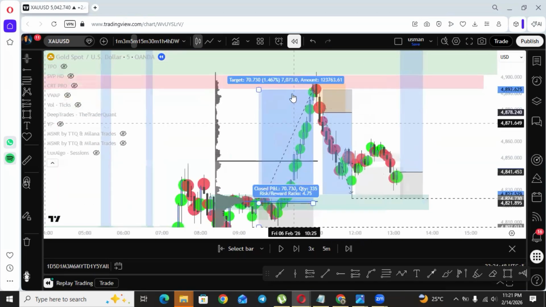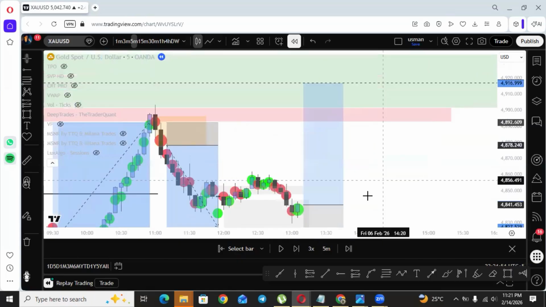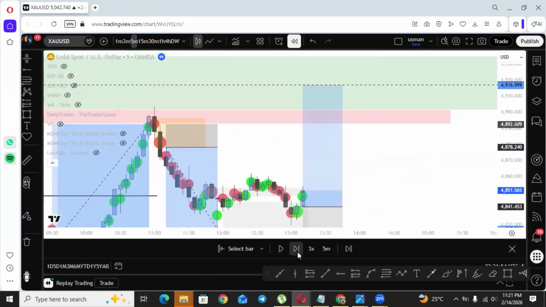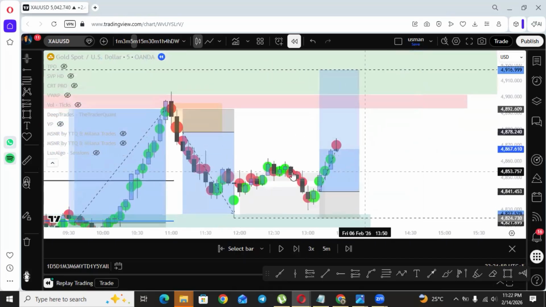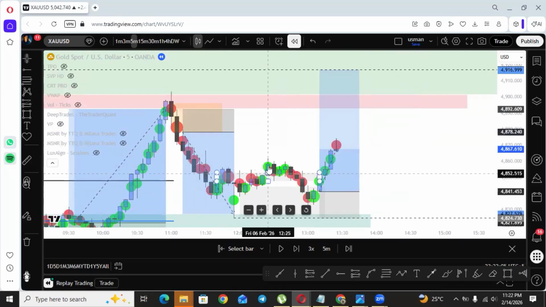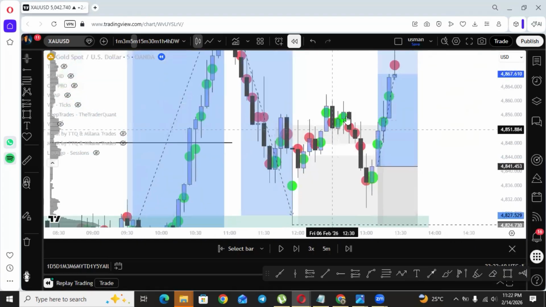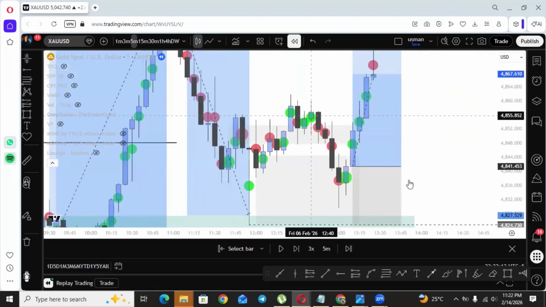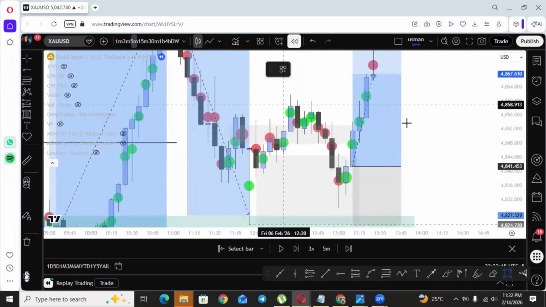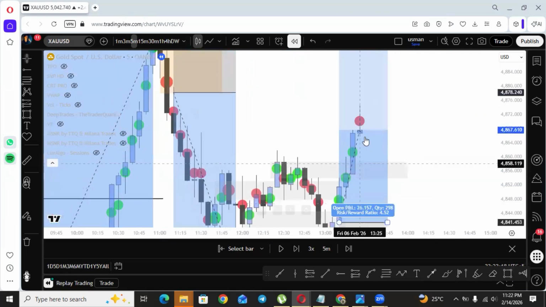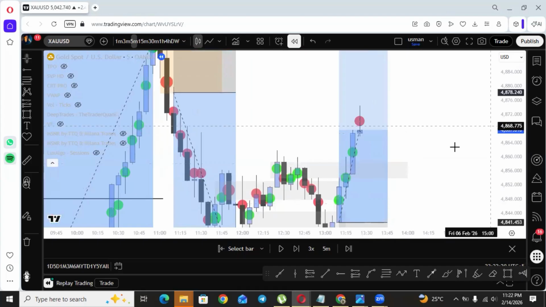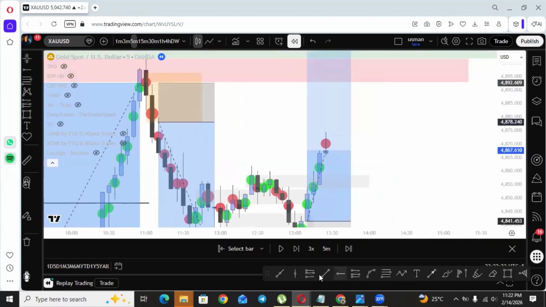We had closed this entry earlier at this point. So let's play the chart now. Buyers absorb these sellers, absorb this level where sellers were protecting. Buyers try to push up, sellers push the market down. Buyers again do their second effort. Sellers again push the market down. So this level was the important level. But look how aggressively market goes up, and it absorbs all these sellers which were sitting at this level.